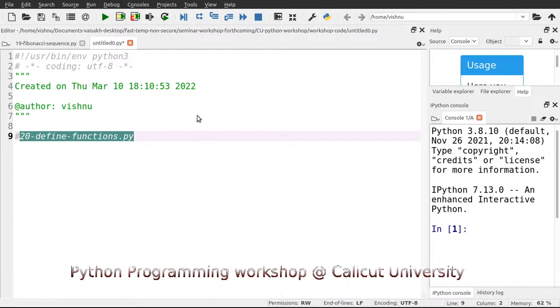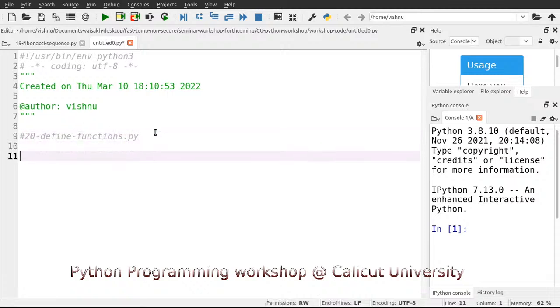So let us define a function first of all. So what type of function should we define? Maybe I will show you how to define a function for finding the factorial, for example, so that after defining a factorial function, maybe we can find the binomial coefficient nCr. Okay, that's the aim we have. Define a function, use it to find